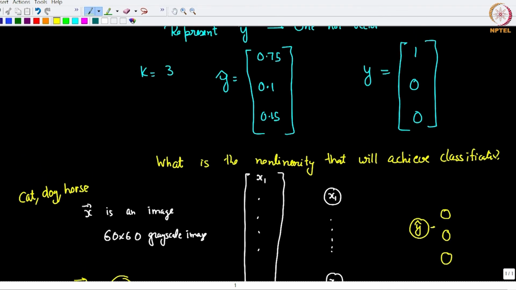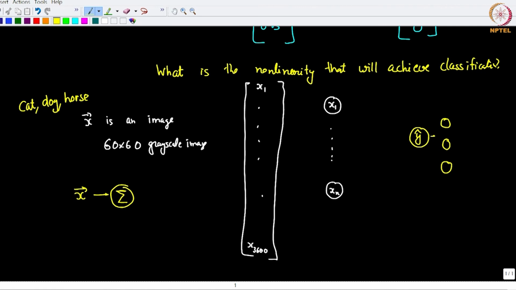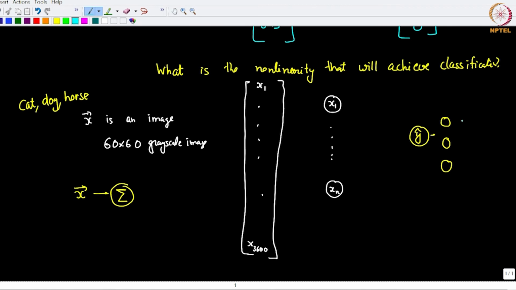Okay. Ideally, you would like only one of these to be 1, but as we have discussed several times, what you are going to get is actually some number between 0 and 1 for all these 3. Now, what is the property that you would like y hat to satisfy? I had already discussed before that each of these is a probability.